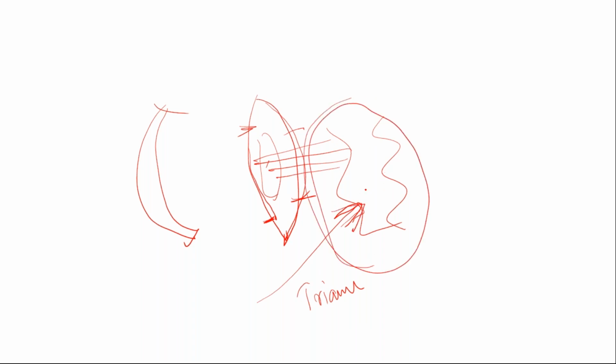If there is any rent in this posterior capsule, that is, if there is any tear in this posterior capsule, the vitreous will come out like this. From the posterior segment, the vitreous will come out into the anterior segment. So what happens? You want to see whether the vitreous is present within the anterior chamber or not. Then we will inject into the vitreous cavity. We will inject triamcinolone.